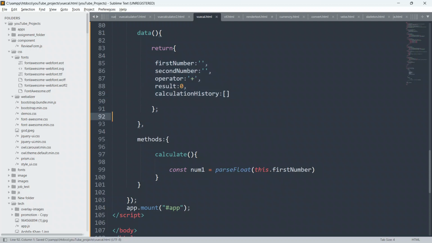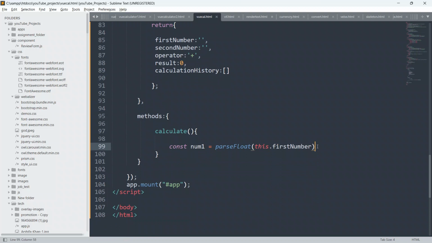Whenever I say this.firstNumber, this.secondNumber, this.operator, this.result, this.calculationHistory, I will be referring to the first number, the second number, the operator, the result, and the calculation history empty array as well. So always remember, this keyword is used to access the data properties or the data variables inside Vue.js.